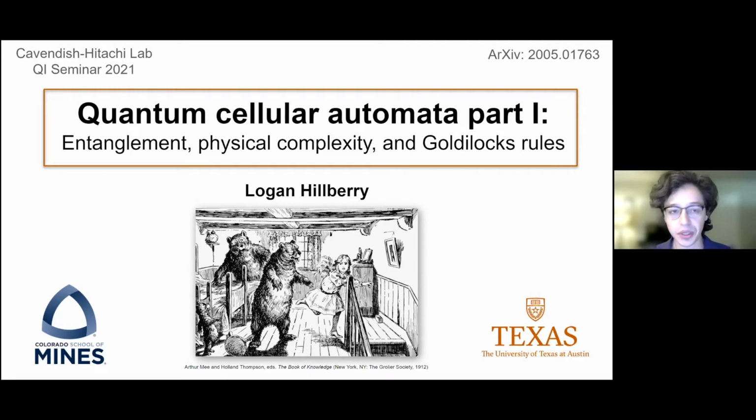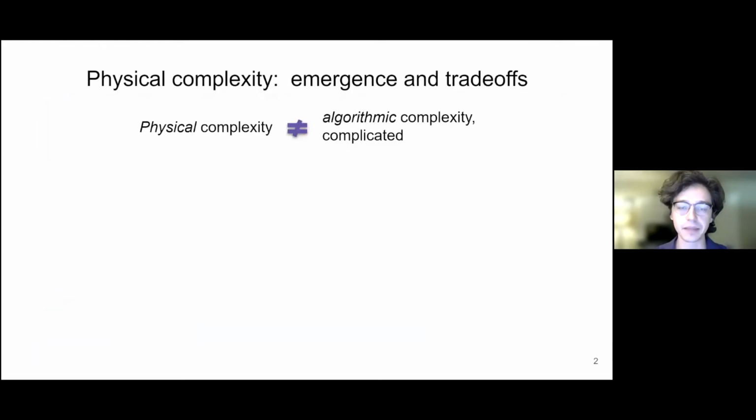To start us off today, I want to talk about this idea of physical complexity. When I say the word complexity, that's the type of complexity I'm referring to. More specifically, I won't be talking about algorithmic complexity, that is, say, the number of steps required to complete some algorithm, nor am I just referring to some system which is complicated. The complexity I am talking about really doesn't have a universally agreed upon definition, but I'll do my best to give you a one-sentence flavor.